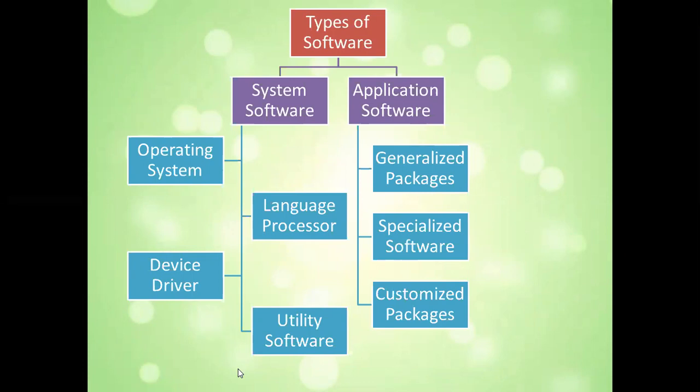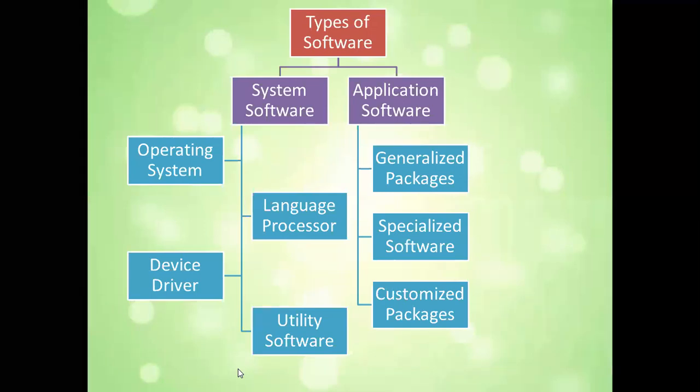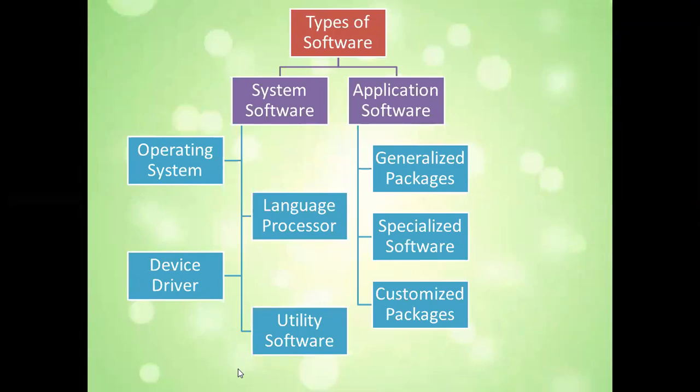So disk defragmentation is a software which allocates and reallocates memory. In the computer's memory there are small blocks, which block has to be allocated for which purpose, which not, and if it has to be reallocated for some other purpose, then when it has to be done, all this is decided by utility softwares only. So all these four softwares come under the category of system software.